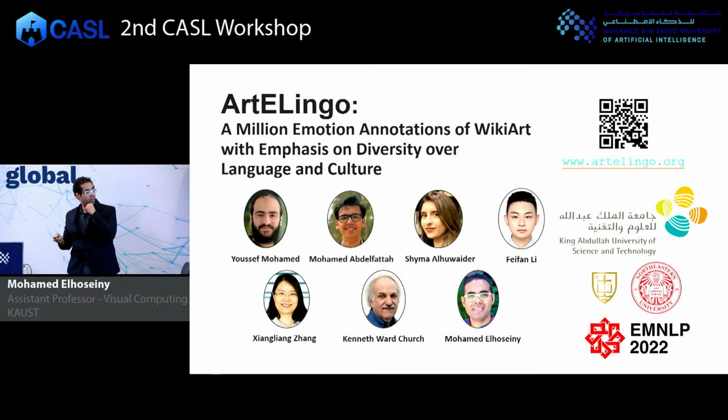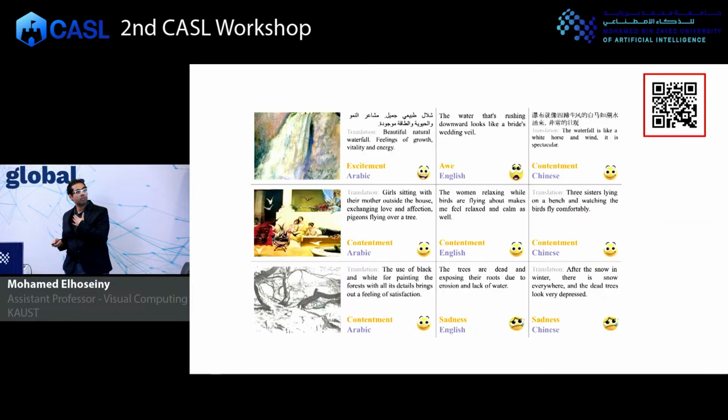This is the work. It was a collaboration with University of Notre Dame and Kenneth Church from Northeastern University, and back then it was at Baidu Research. So the point is to do the same thing, but in multiple languages. We collected the same thing in Chinese and in Arabic. So this is, to our knowledge, the largest available data set to study emotion grounded to visual stimuli for these 3 languages. I would also say that this is the largest data set for real Arabic captions collected on images. I don't think there is any other data set that has this scale these days.